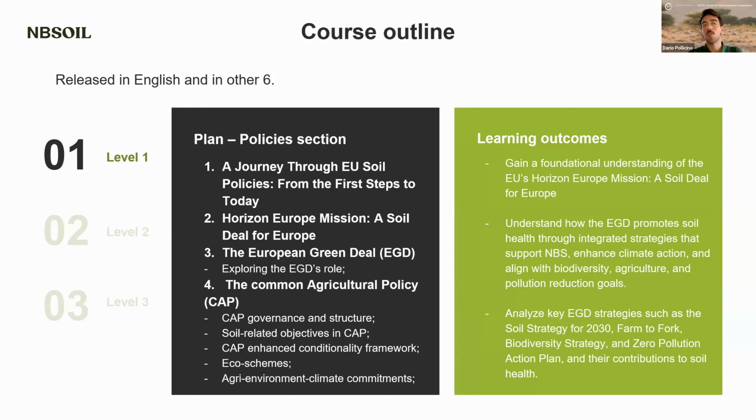And then, of course, we focused on eco schemes, which, as I said, are quite an innovation in this CAP, and they are under Pillar 1, and they reward farmers for voluntarily adopting sustainable management practices that go beyond the mandatory requirements established by the conditionality framework. And then we focused on the agri-environment climate commitments that are also voluntary for farmers to adopt, but member states have to propose them. They must be available for farmers, and they compensate farmers for implementing long-term environmental practices.